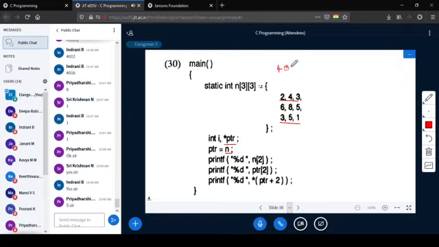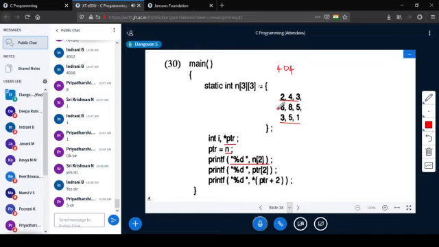So 404 is available with ptr. Right? Now coming here, n[2], when it is trying to print n[2], what will happen? So this is 404, 6, 8, 10.